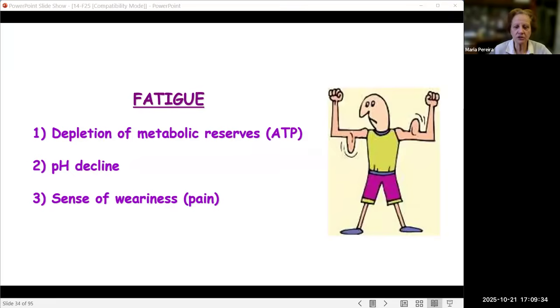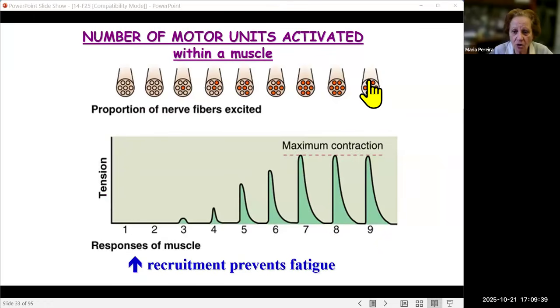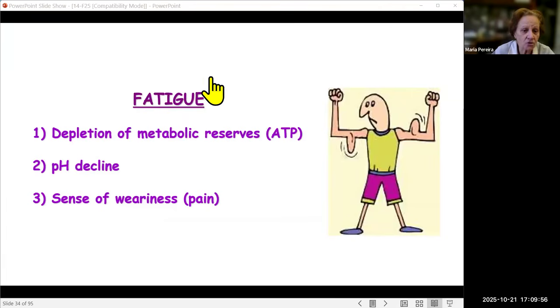Okay. So now we reach the stage of fatigue. Let's say you recruited all these fibers of the muscle. Can you keep recruiting all the fibers? No. Eventually, although you're recruiting all the muscle fibers, you will develop fatigue and the contraction will go down. That's the fatigue. So how do you develop fatigue? When there's a depletion of ATP. So there's no more ATP to form those cross bridges. The pH in the muscle fiber